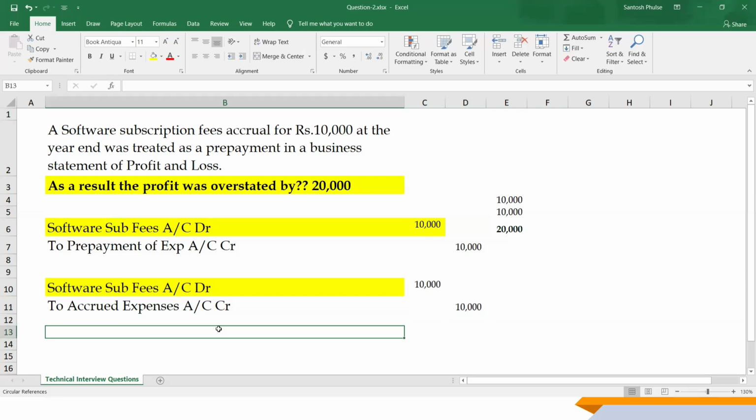Now, from these small technical interview questions or assessment test questions, the interviewer is able to know your knowledge of the accrual concept and accrued expenses. Second, your knowledge of the reversal of the prepaid expenses. And third, what the actual entry is going to be for the accrued expenses. So you get clarity about the prepayment and accrual concept plus accrued expenses, and the interviewer is able to analyze all this from your answers.